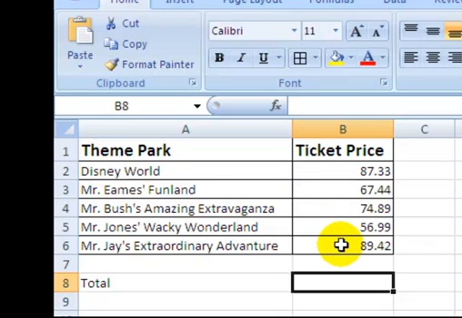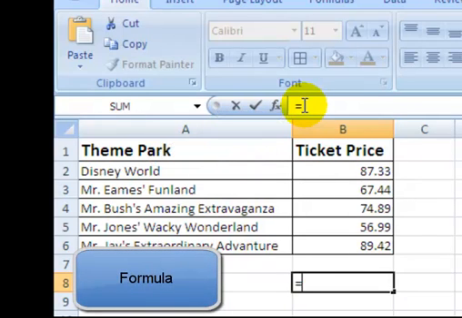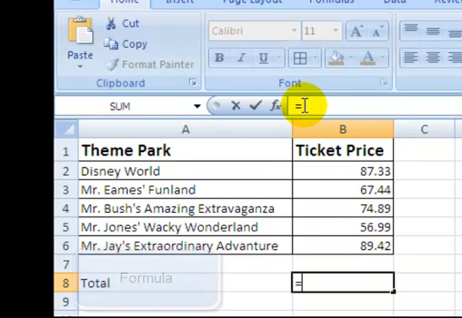But before you go and get your calculator out, I'm going to show you how to make Excel do the work for you. So what I'm going to do is I'm going to click on B8, where I want the information to be, and I'm going to type in equals. And it shows up here in this formula bar. Whenever I start a formula, which is when Excel is going to calculate a value for me, I have to begin with equals. And what I'm going to tell it is I want it to find the sum,